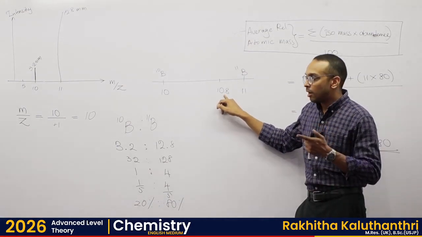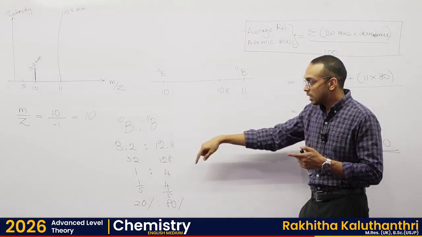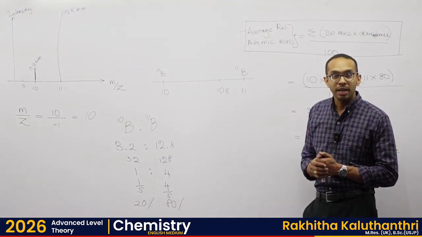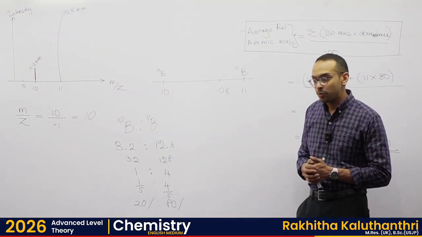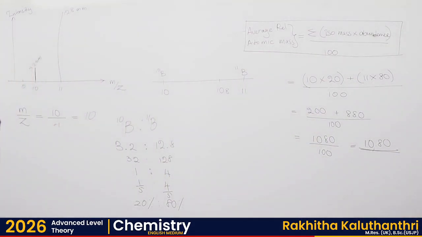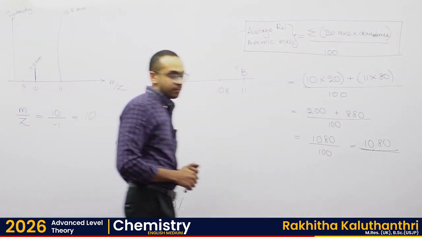Then double check. The most abundant one was this, so therefore the average value should be closer to this value. Is that understood now? Yeah, it's a small way of double checking your answer. So as a note, under that answer please write